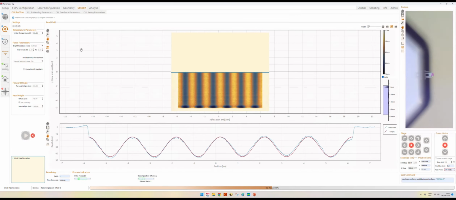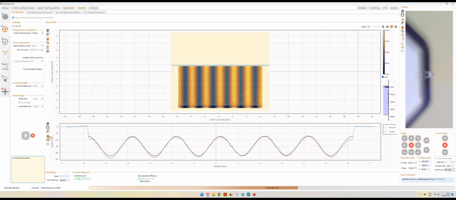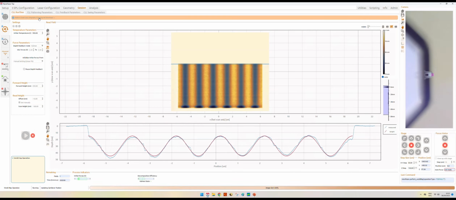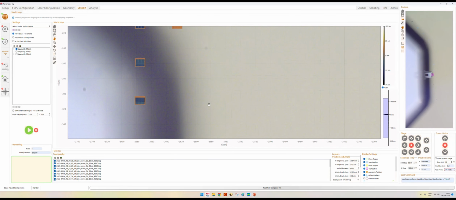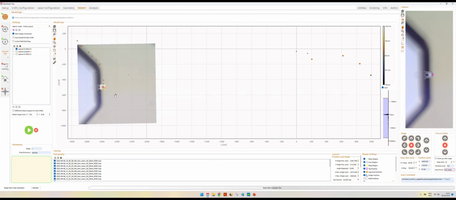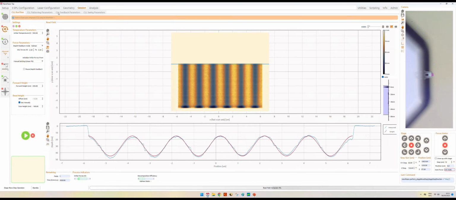And these timing parameters cannot be changed while patterning, so we may stop here, move down, and we can pattern again, but maybe using a different timing parameter.